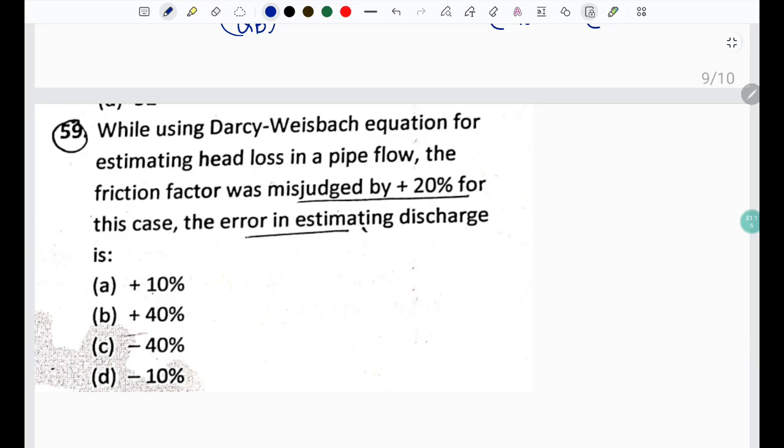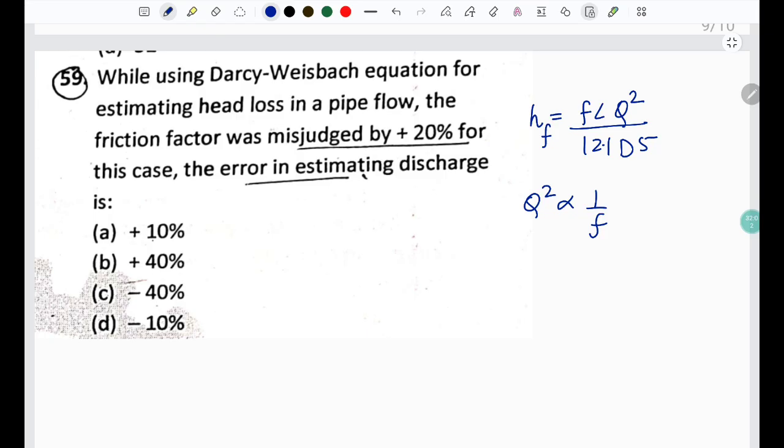Here is another question based on the Darcy Weisbach equation, where it says that friction factor was misjudged by 20%. Then for this case, the error in estimating discharge. First of all, I was not aware about this concept, how these two are related. But since the formula we have is the head loss taken as f L Q square by 12.1 d to the power 5, for a constant head, we can say that Q square is inversely proportional to the friction factor,